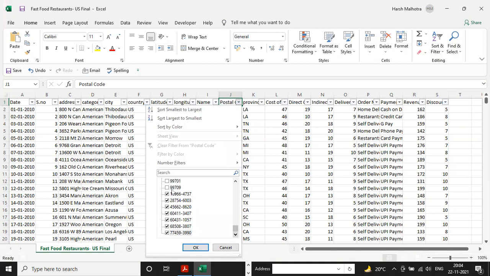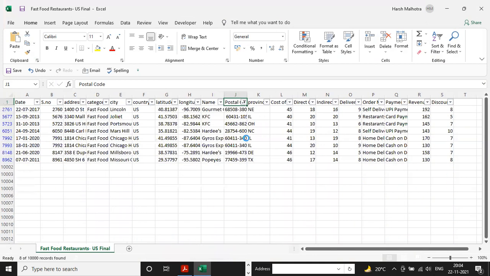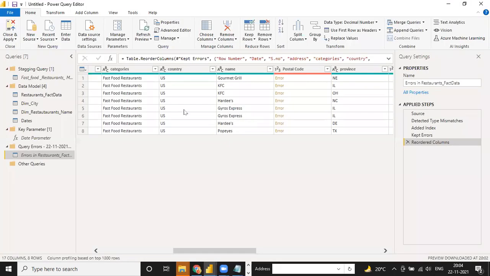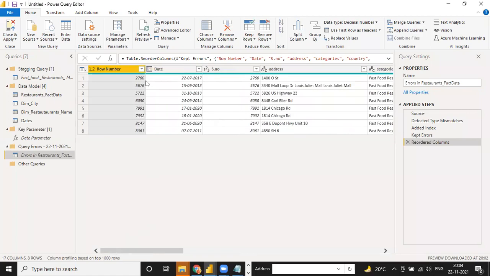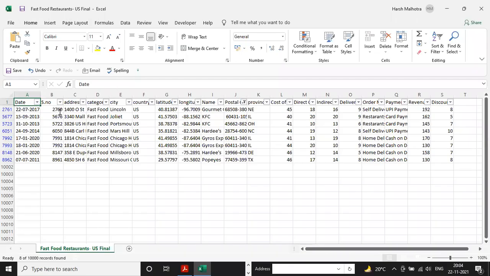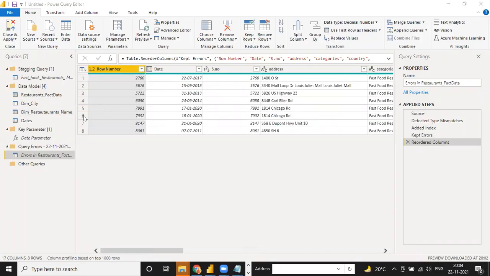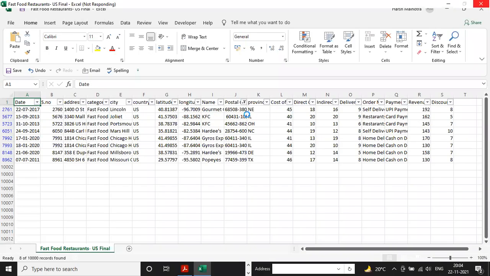And see, postal code will be 5 digits. Click on this and see, these are all the errors you have. Click on this table name, row name 2760. See, 2760, 5676, 5676, same. Okay, so these all are the errors due to this postal code format.